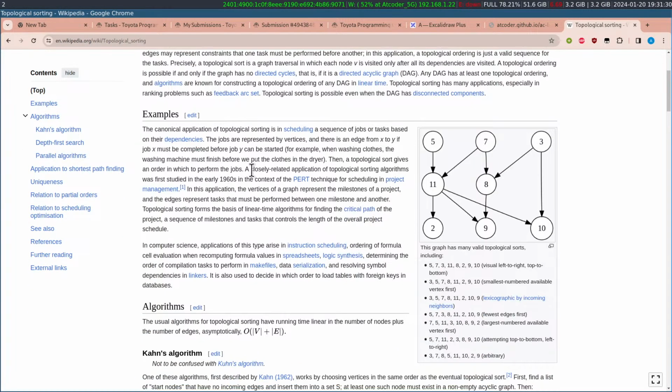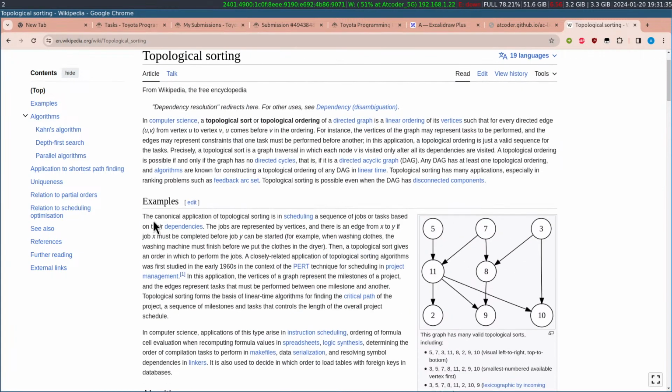Topological sorting is defined like this: you are given a directed graph, and it can be acyclic or cyclic, however you want, such that if there is a directed edge from